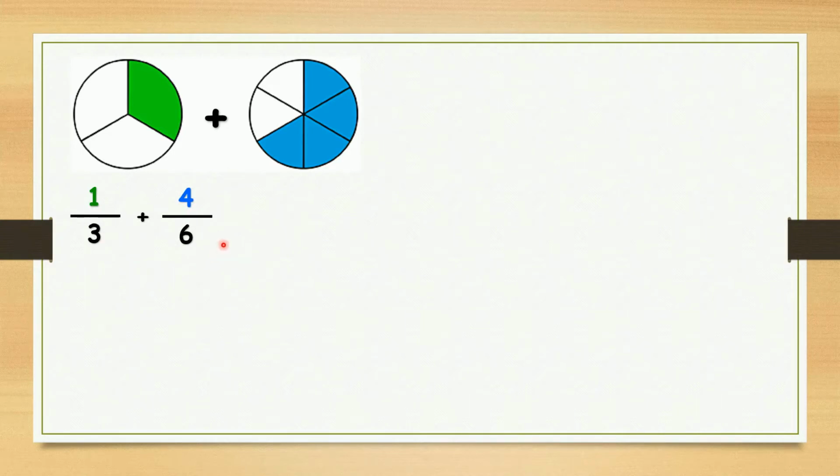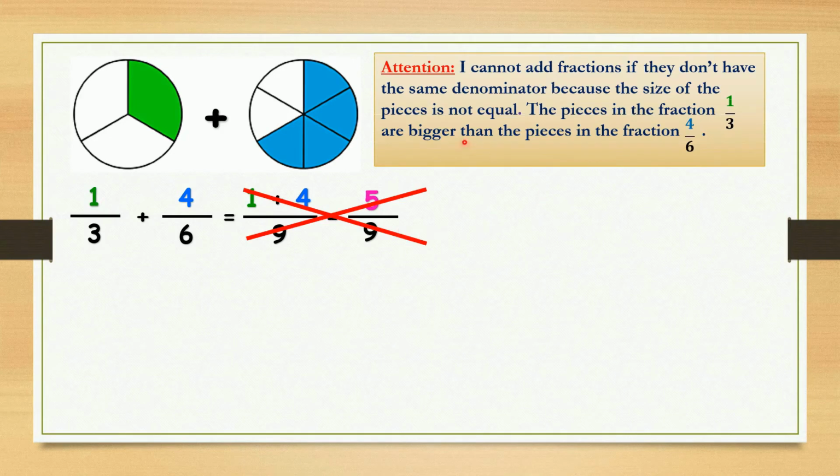Do you think that to add these two fractions we need to add the numerators and denominators? Let's see. Do we do 1 plus 4 over 3 plus 6 equals 5 over 9? No, this is completely wrong. Why? Attention, I cannot add fractions if they don't have the same denominator because the size of the pieces is